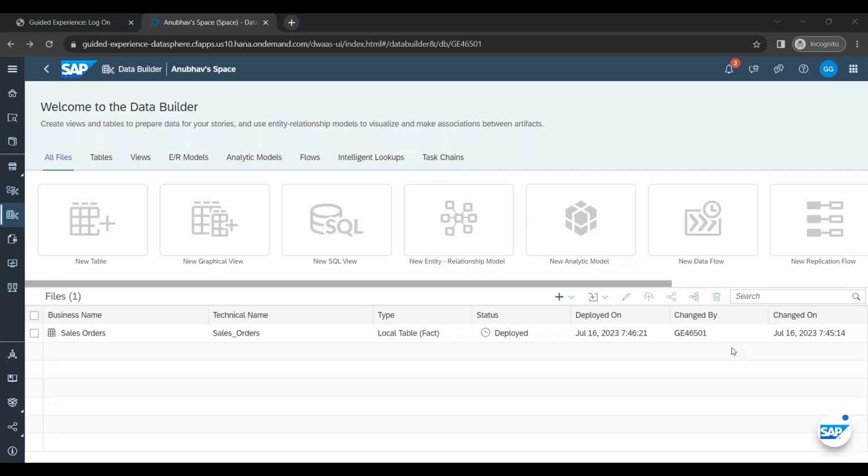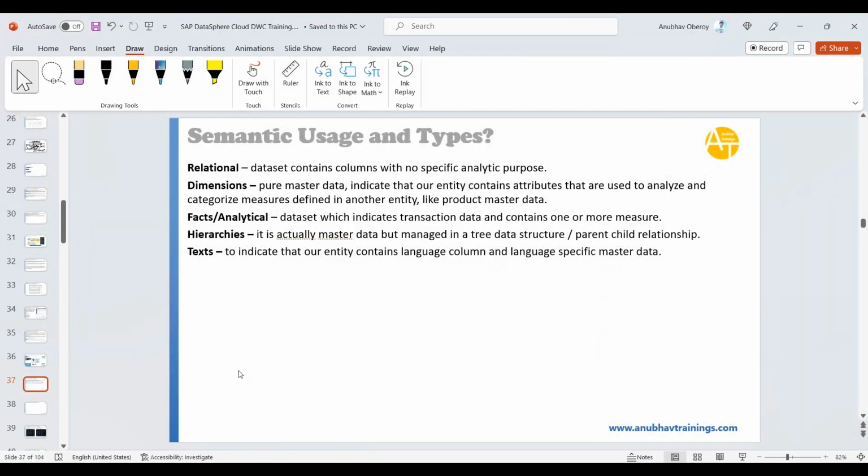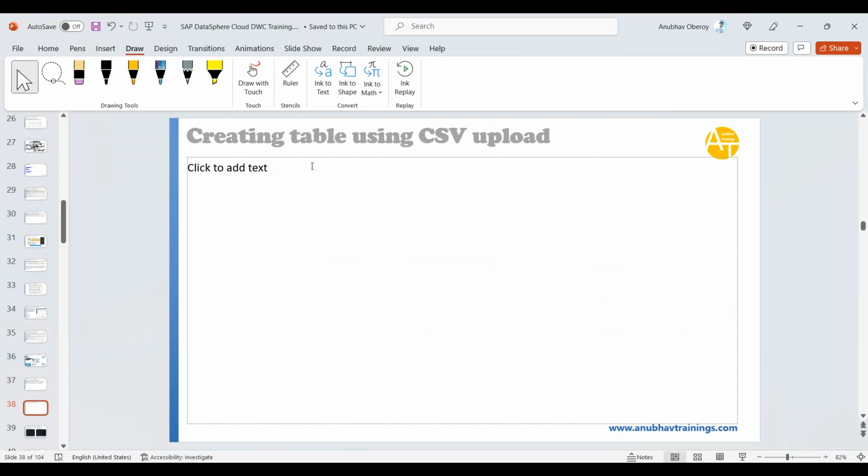How do we create a table from a manual option? That's what we want to do. We saw how to create a table using CSV upload. In this process, you saw how to upload the data. So the first step was to upload the data. Then we saw assigning semantic types, where we choose a semantic type like fact, dimension, text, hierarchy, relational, what type of data it is. Then we define primary keys, compound keys, basically a combination of primary keys, default value,